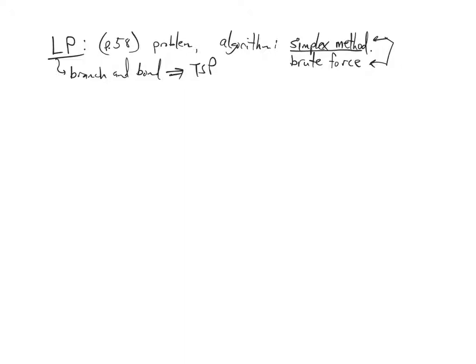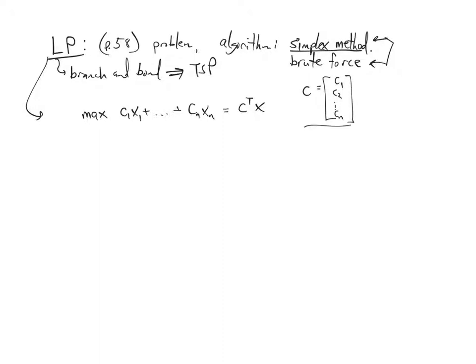Okay, so the linear programming problem, which we call LP, is to maximize c1x1 plus up to cnxn, which we can write as c transpose x, because c is a little vector c1, c2, down to cn. These are called the cost coefficients, and x is called the decision variables, x1, x2 down to xn. So they're the unknowns that we're going to play with, and we want to maximize this quantity